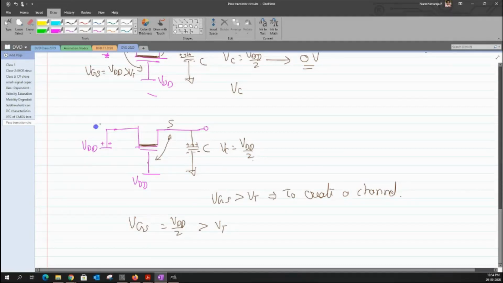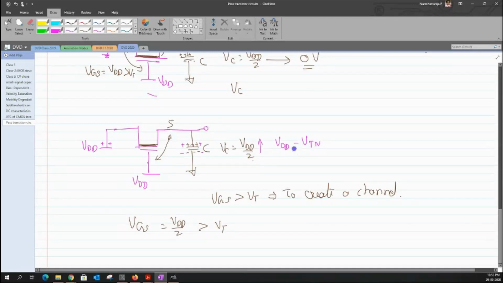These positive charges travel through this particular channel and deposit on the positive plate. So when you apply the supply voltage VDD to the gate, the charges move through this path towards the capacitor, and equivalently the voltage across the capacitor shoots up. Now, what is the maximum value it can reach? Assume it starts at VDD by 2 and keeps rising. At a particular point, it reaches VDD minus the threshold voltage of the NMOS device.